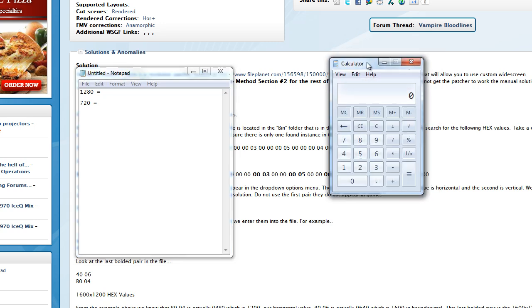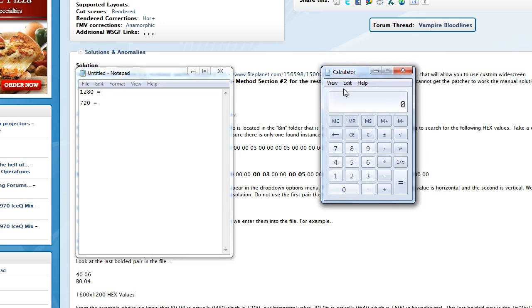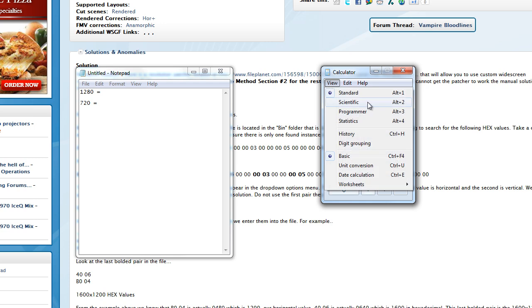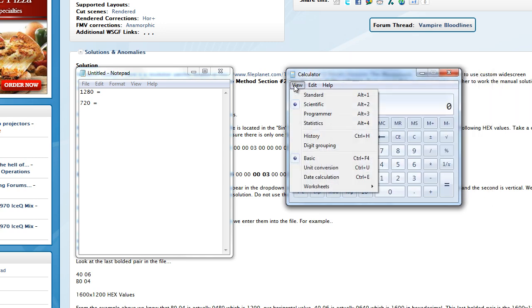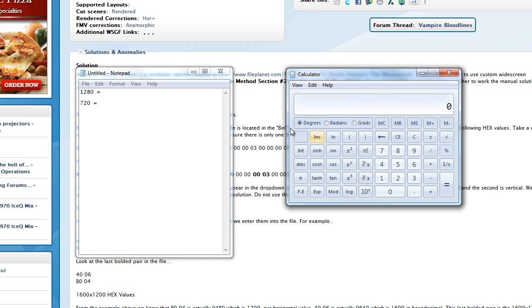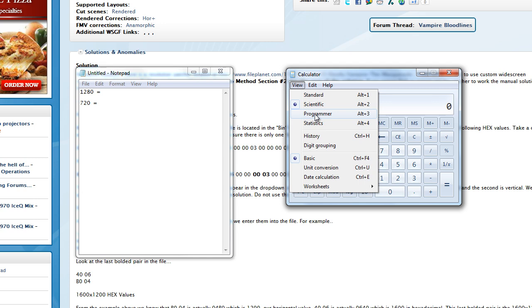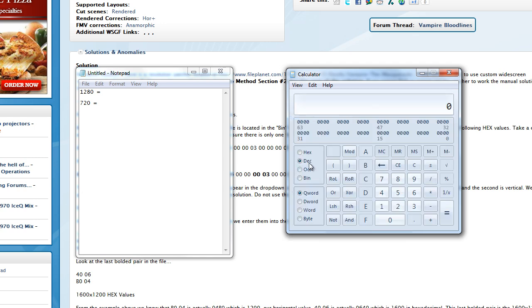Now, Windows comes with its nice little calculator here. If you're on the Windows XP version of Windows, then you're going to want to use the scientific calculator. However, if you're on Windows 7, you're going to want to use the programmer calculator, because the scientific version does not have any hexadecimal. However, the programmer does. So as we can see here, we've got dec, which stands for decimal, and we've got hex, which stands for hexadecimal. So first we want to make sure that it's selected the decimal here,